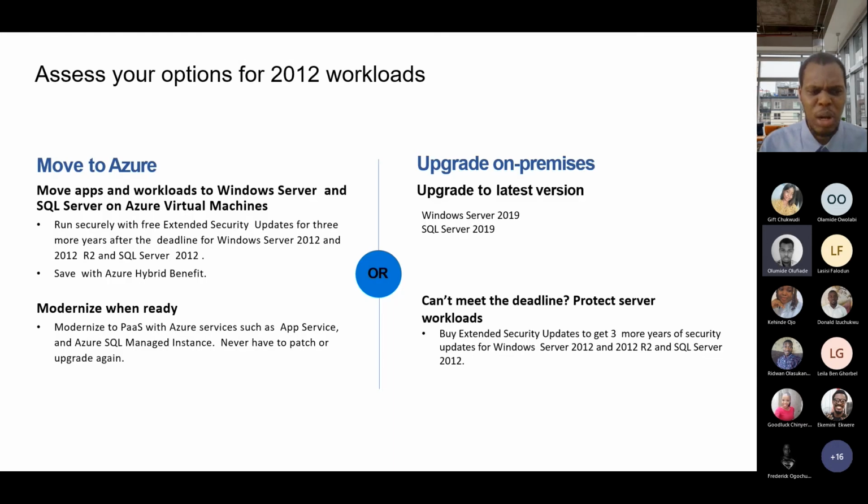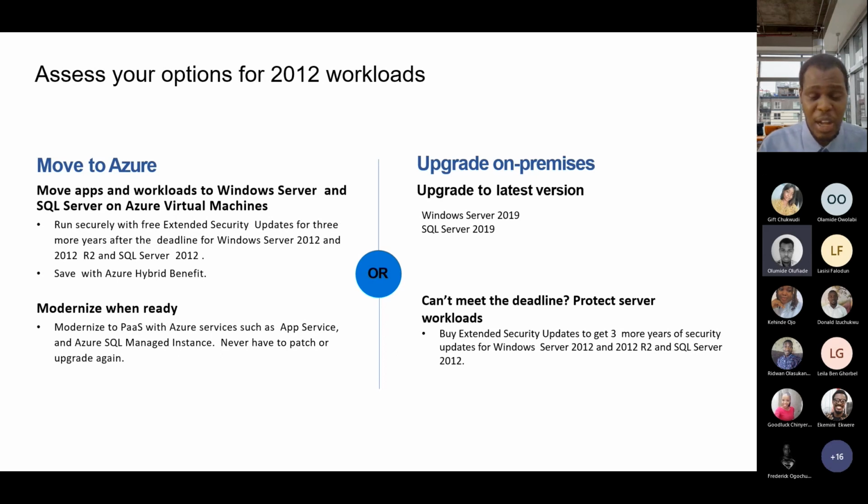Now, speaking more about the various options that we have when it comes to ensuring that our workload remains secure and supported, the journey is broadly divided into two. We have the Azure cloud track and we have the on-premise part. For the Azure track, we also have a level of flexibility on what to do. First things first, we have some businesses that are willing to embark on the cloud journey, but are not ready to upgrade their current SQL Server workloads.